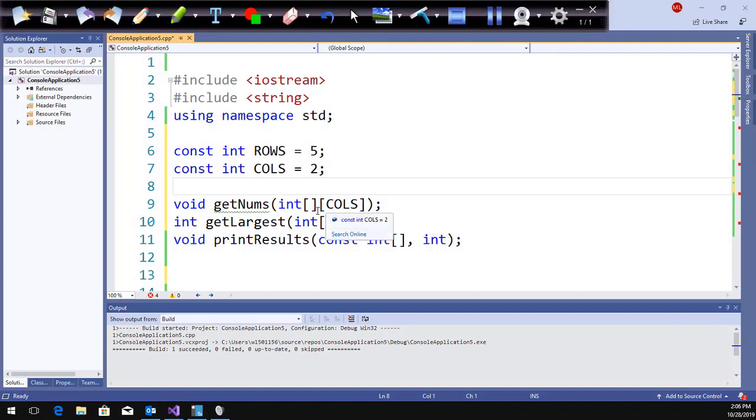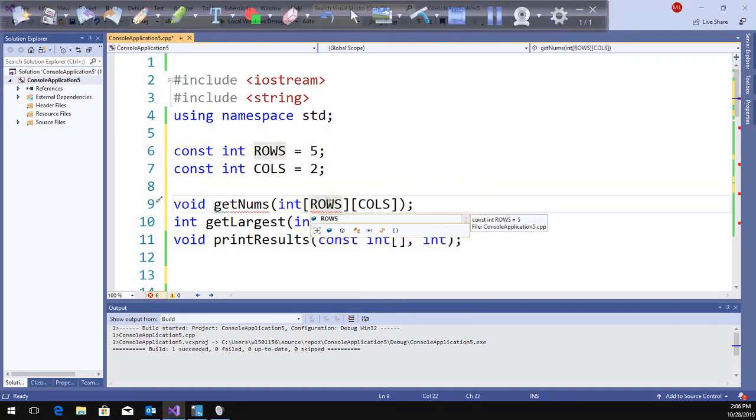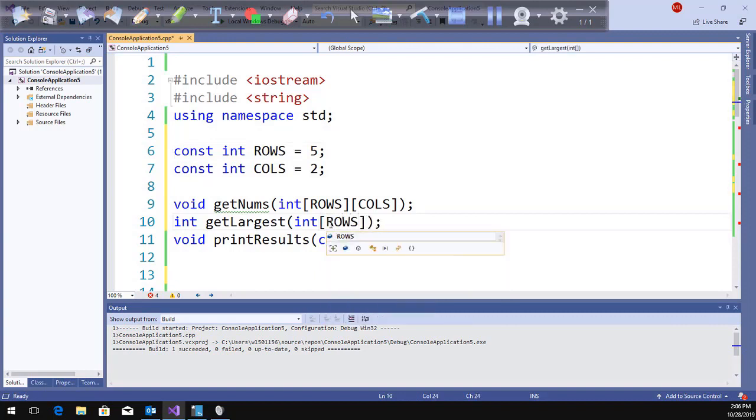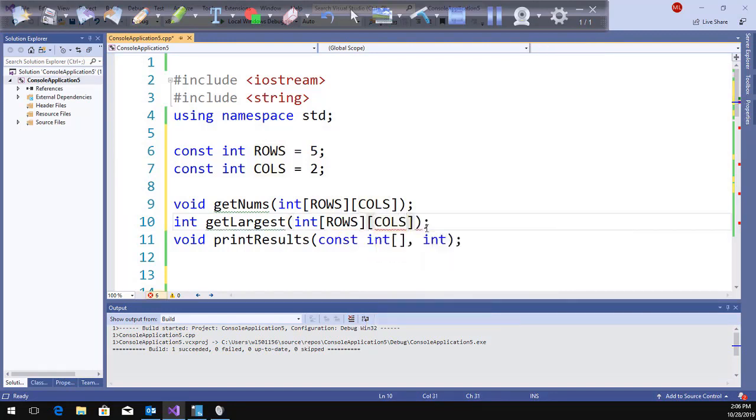So I could, if I want to, put rows here. Don't have to. It's not a bad idea to do that, though. So I'm going to say, all right, rows and, no, not that, but this, columns. And same thing down here. And I'll probably put the constant back in here. Okay, and I've got